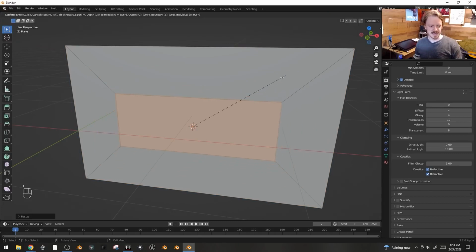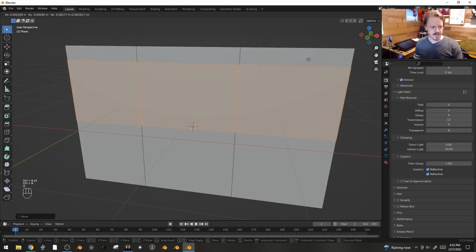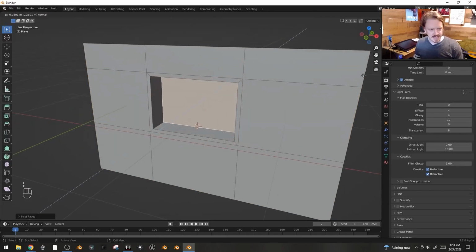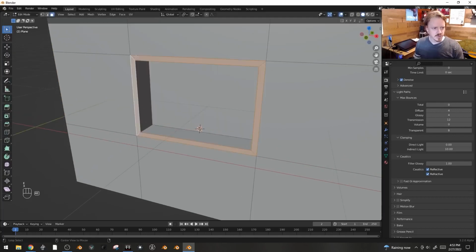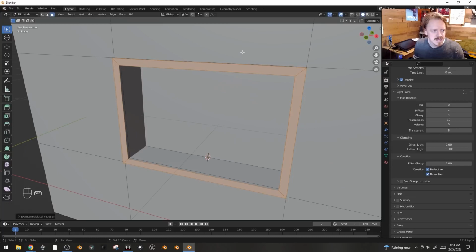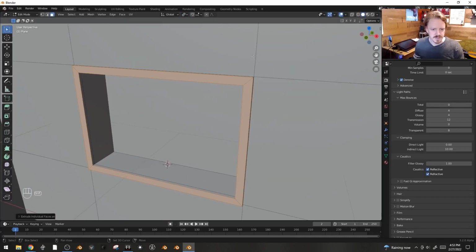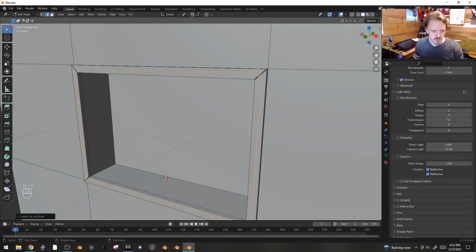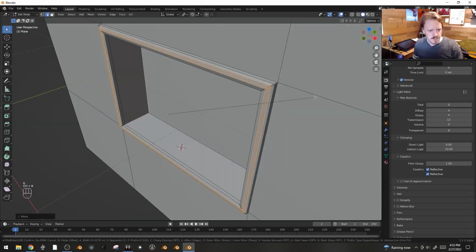Like now, instead of insetting or extruding to make a window, I'll add edge loops to keep everything nice and square. And here, let's see, and then I'll probably inset it, extrude it out, grab these, and let's say extrude individual faces and scale them down, because all the windows around me have this trim around the edges. And here, let's add an edge loop with Control R, pull it out, Control B to bevel,